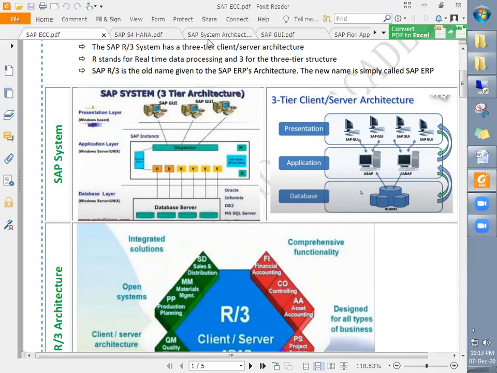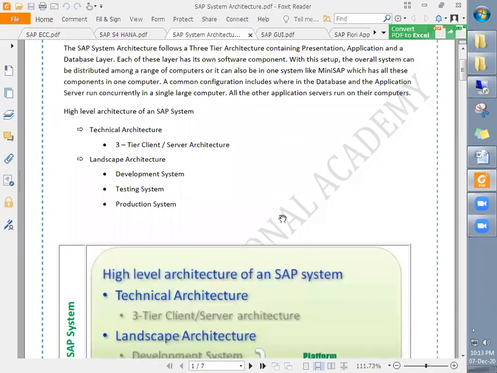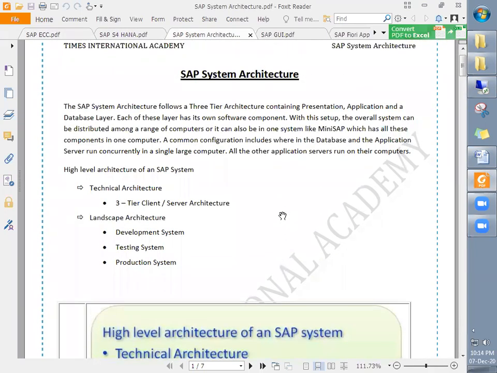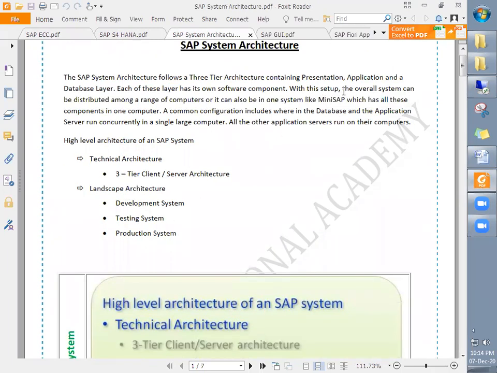In order to understand, we need to go to the system architecture. The SAP system architecture follows a 3-tier architecture containing a presentation, application, and database layer.